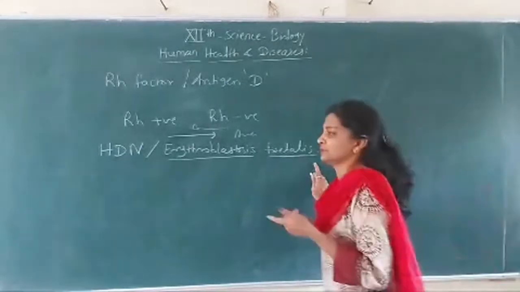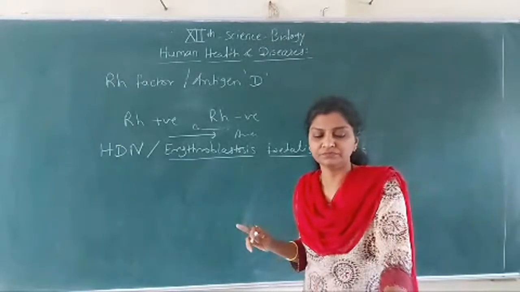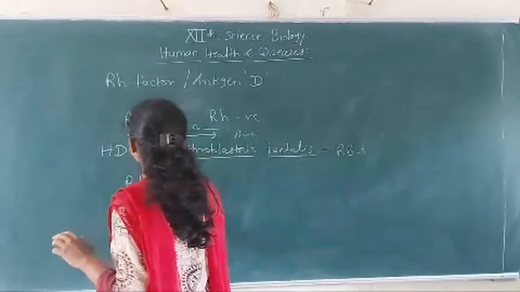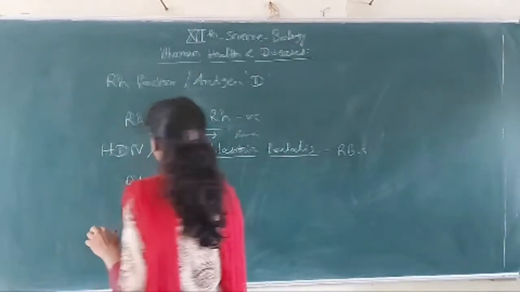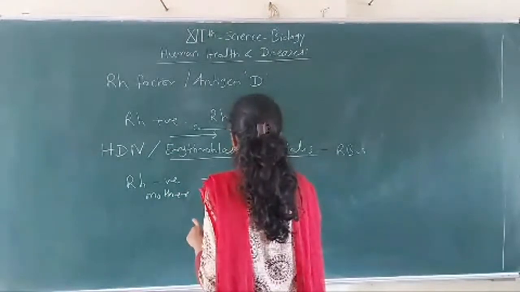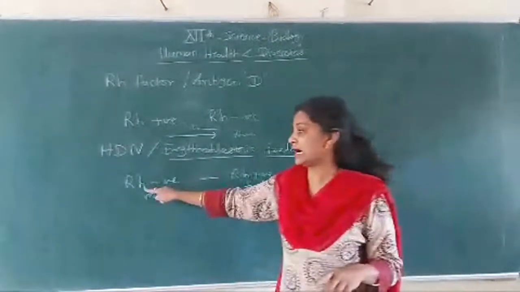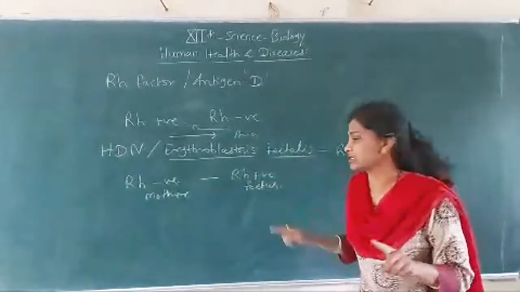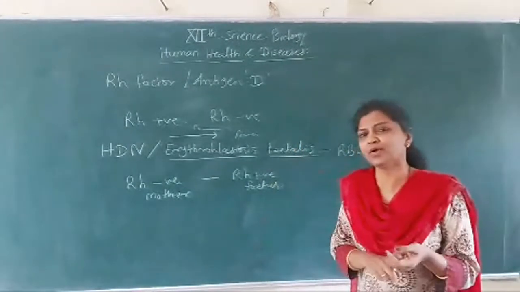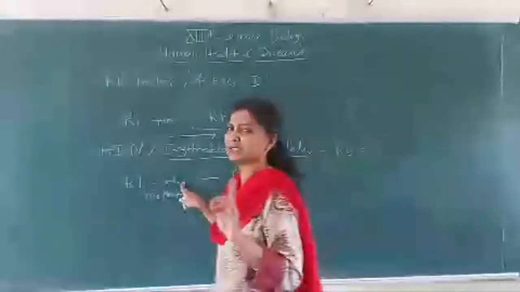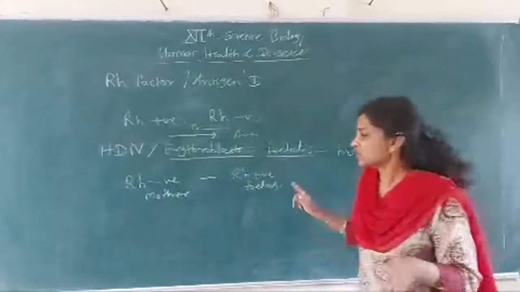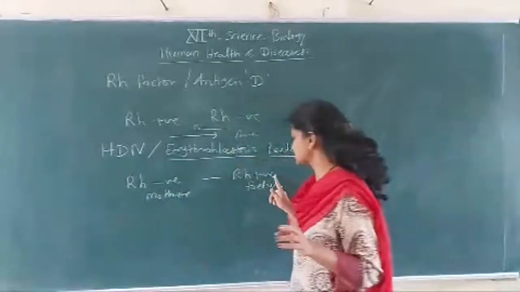So when it happens, if it occurs in an RH negative mother, if an RH negative mother conceives an RH positive fetus, if the mother is RH negative and the conceived fetus is RH positive, then what will happen? Because being positive or negative again depends on the genes. If the mother has a negative blood group, it does not mean the fetus is also negative, because blood group and RH positive or negative depend on the genes. So if the RH negative mother conceives an RH positive fetus,